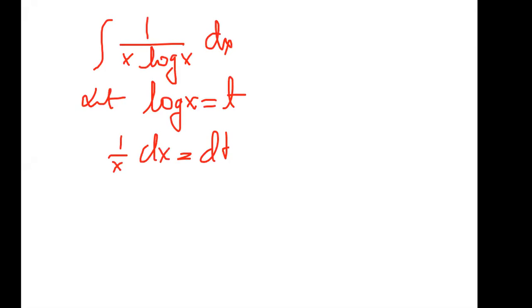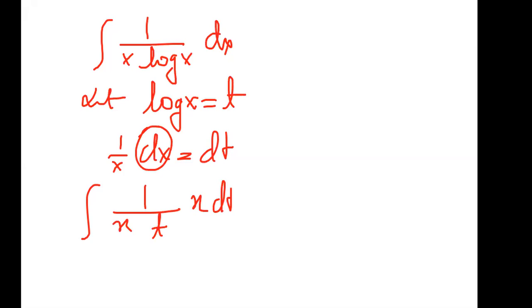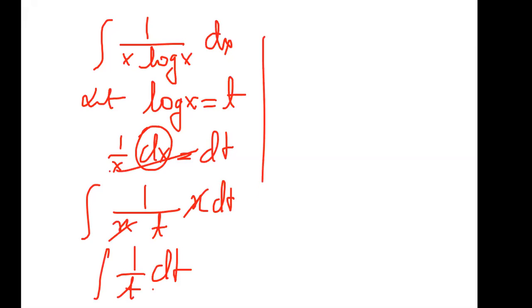So integral 1 upon, this time I'm writing x, log x is supposed as t, and the value of dx will be x dt. x I've taken on the other side. x and x cancel, so integral 1 upon t dt. The integration of 1 upon t will be log mod t plus c. Value of t is log